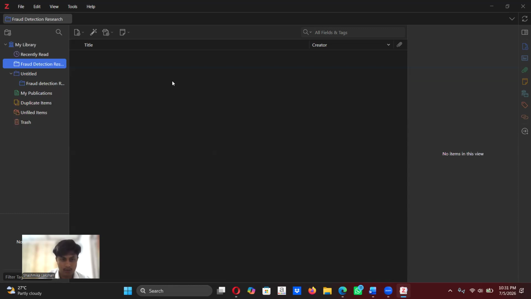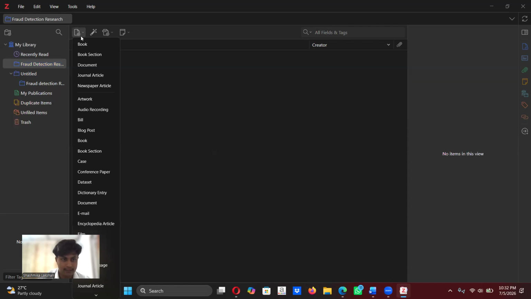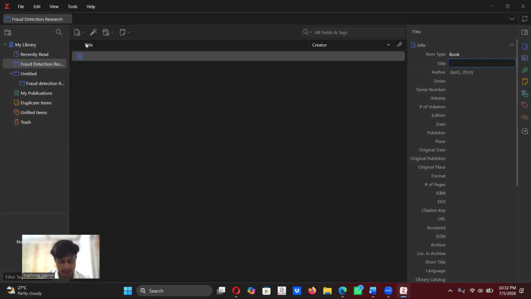So now let's add our first source using the manual entry method. I click this button and select the book in the right side bar.